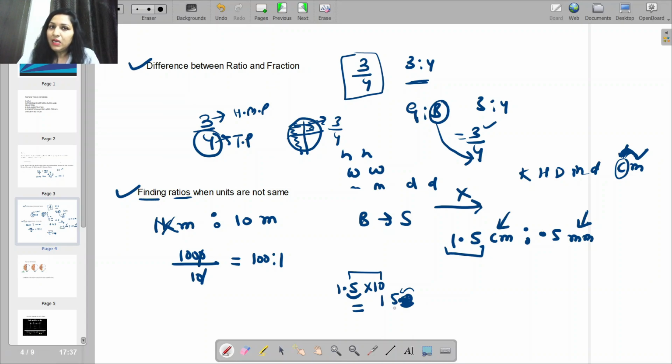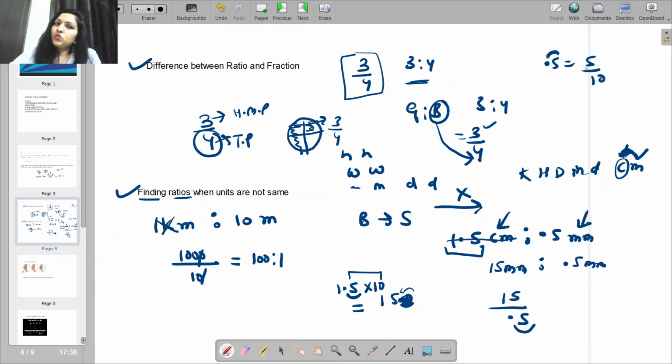सो ये नंबर क्या बन गया? दिस इज 15 मिलीमीटर। इंस्टेड ऑफ राइटिंग दिस, वी विल राइट 15 मिलीमीटर। दूसरा नंबर मेरे पास है 0.5 मिलीमीटर। अभी दोनों मिलीमीटर में हो गए ना, लेट मी राइट इट एज अ फ्रैक्शन, 15 अपॉन 0.5। अब आप देखो अगर मुझे ये डेसिमल हटाना है, डेसिमल के राइट में देयर इज ओनली 1 digit, हम 0.5 को फ्रैक्शन कैसे बनाते हैं? 0.5 इज 5 अपॉन 10। डेसिमल के राइट में जितनी डिजिट होती है ना, बस उतने जीरो से डिवाइड करना होता है।